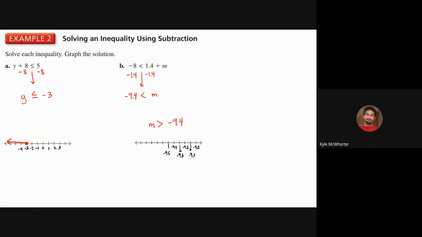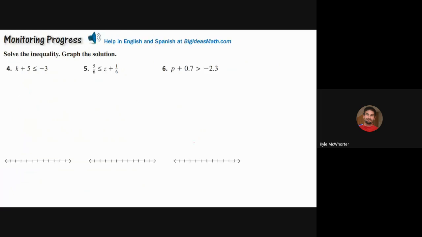So no equal to sign, so that means we're going to have an open circle at -9.4. M is greater than that, so our arrow will go to the right. Okay, pause the video here and try these problems, and then play again when you want to see how you